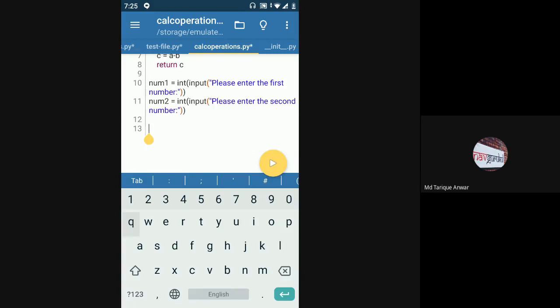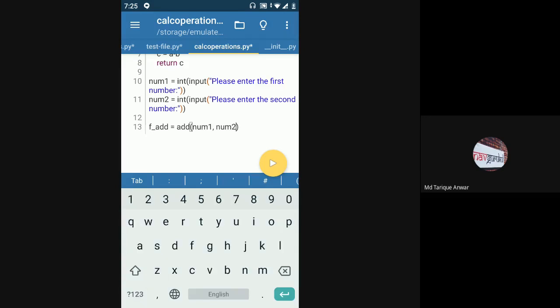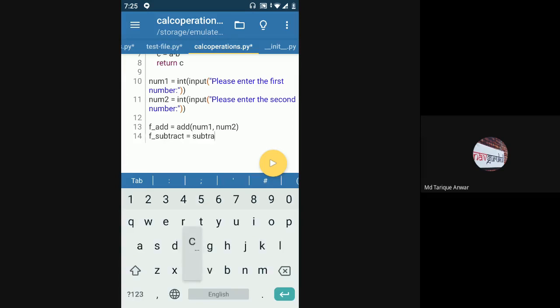So I'll say f add, which is like final add or something. I just call the add function with num1 and num2, and f subtract is equal to the subtract function with num1 and num2.